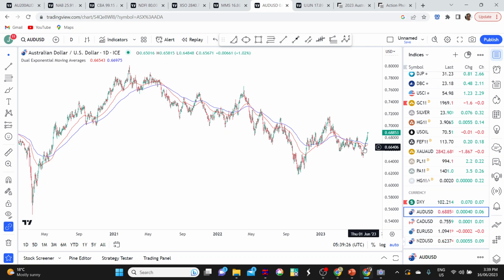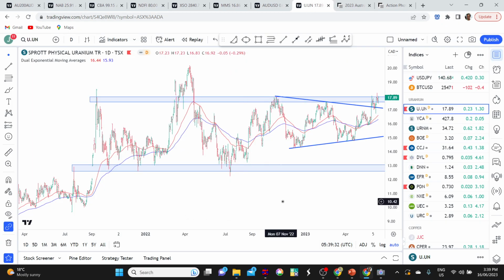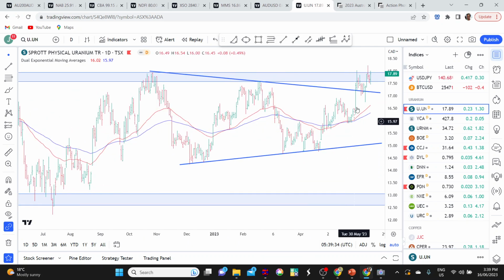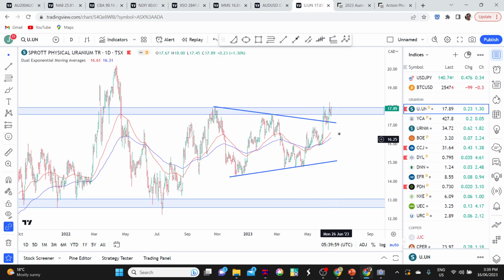And just quickly jumping over to uranium. Now that's had a really good week. I really like what I've seen in uranium this week. We had the breakout a few weeks ago. We've had a pullback, and then this week we've had a rebound off the top of the upper boundary of this trading range, this smaller range within a larger range which uranium's been in. And we're up here testing a 14-month high. So this is potentially part of a bigger upward move. I'll give the benefit of the doubt to the upside in uranium until we see otherwise.